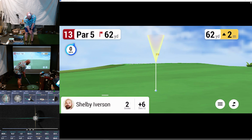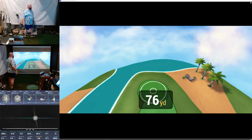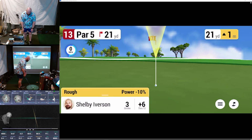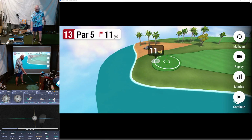262 yards here. Too far. Carry 80. That sucks. So sometimes we need to hit shorter than we think, and sometimes we need to hit further. It's kind of unfortunate because it's hard to plan your shots when the distances are kind of off, but